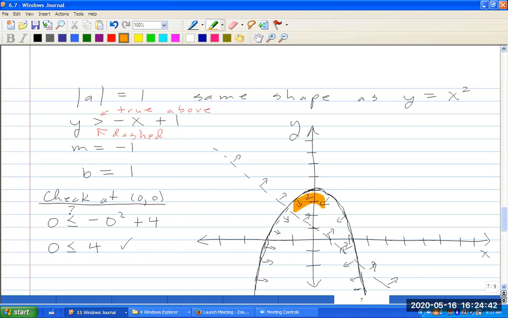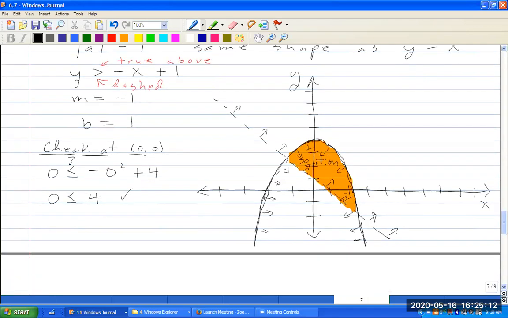This is my overlap here. Okay. And so here's my solution. So this region inside here is my solution. Okay, so that really finishes off